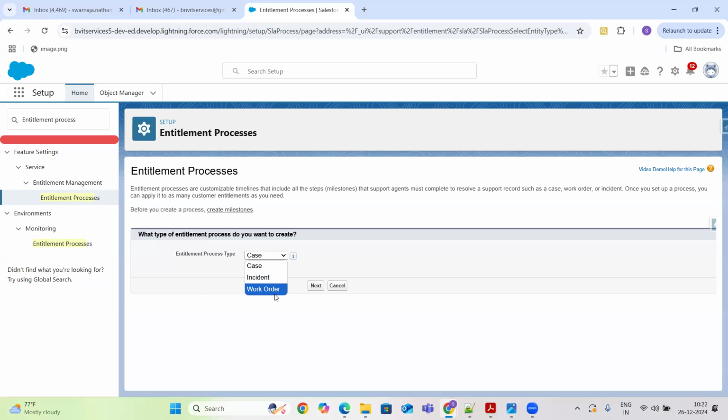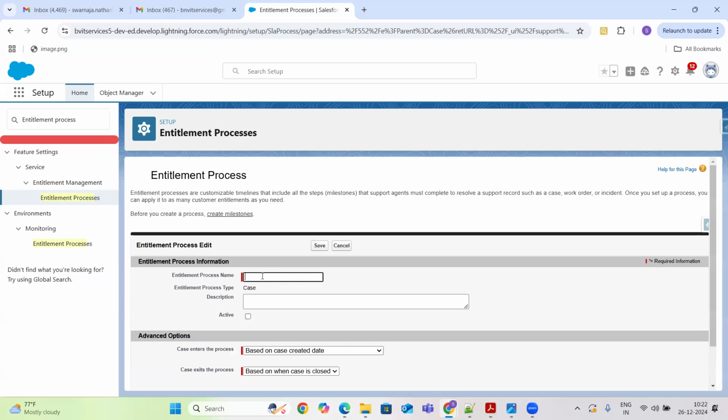To track all the work that we have done on this case, we generally use work orders. So the entitlement process we can do mainly on these three objects: case, incident, work order. Right now I'm using cases.